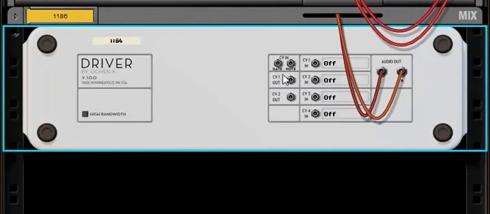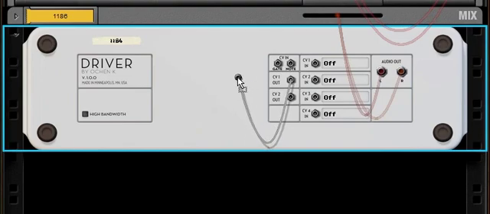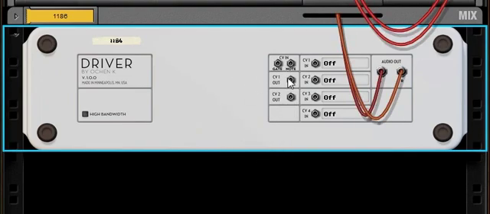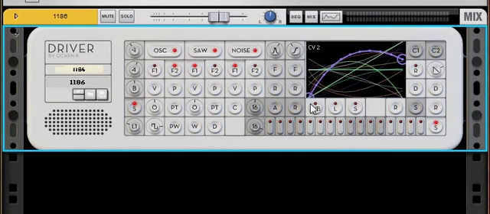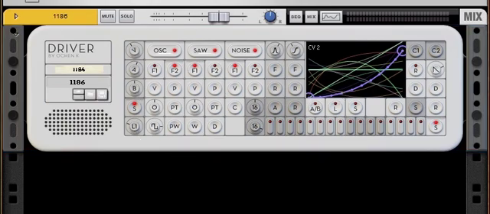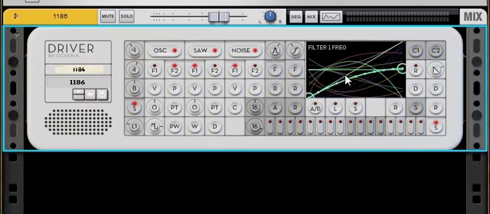Instead, if you look at the back of the device, those CVs produce this CV out signal. And so this is for CV1 out and this is CV2 out. So that means you can have Driver control, just like it can control its internal parameters, it can also control external parameters. So for example, if you had another filter, a device after Driver, well, just like you can control the filter